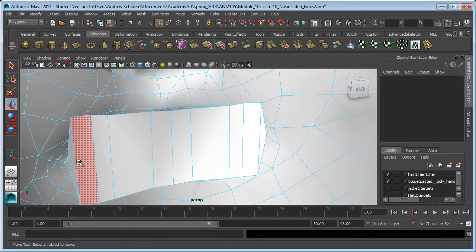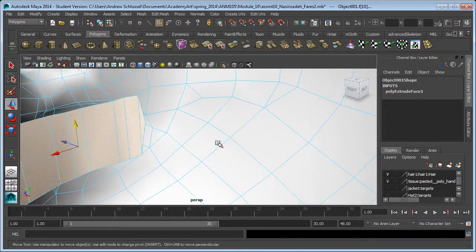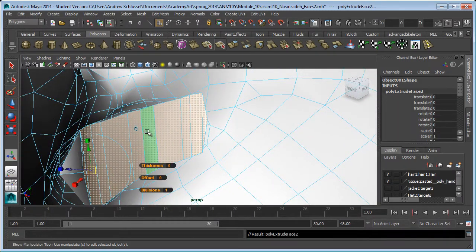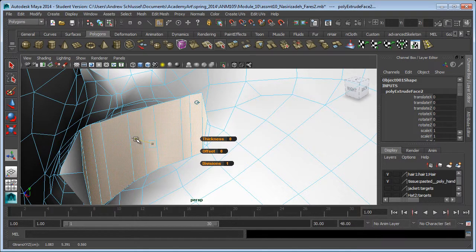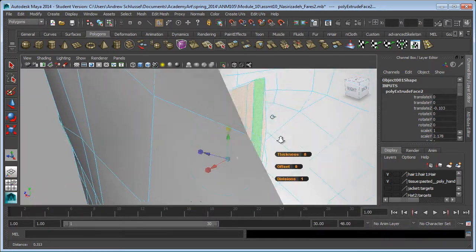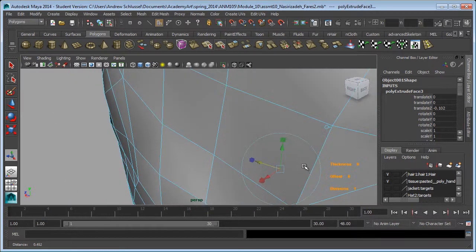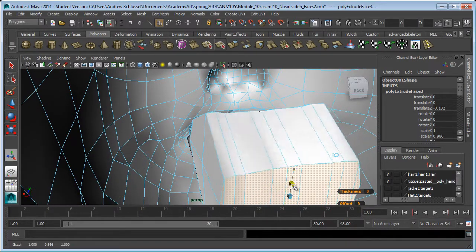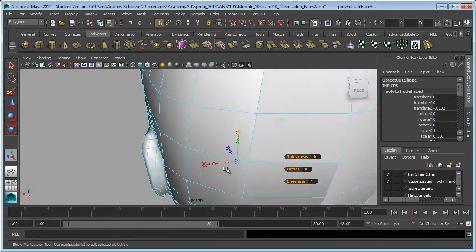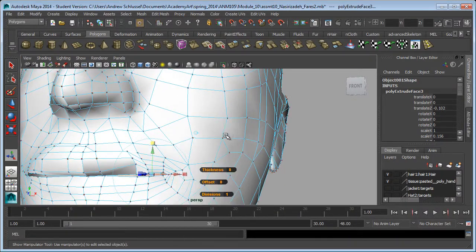select the faces again, and extrude again. Click the little channel changer to get my global axes and move this in, maybe scale it bigger here. And then one more time, move it back and scale it down. I could spend more time shaping that, but I think it'll be fine for these purposes. So now the mouth has a cavity,